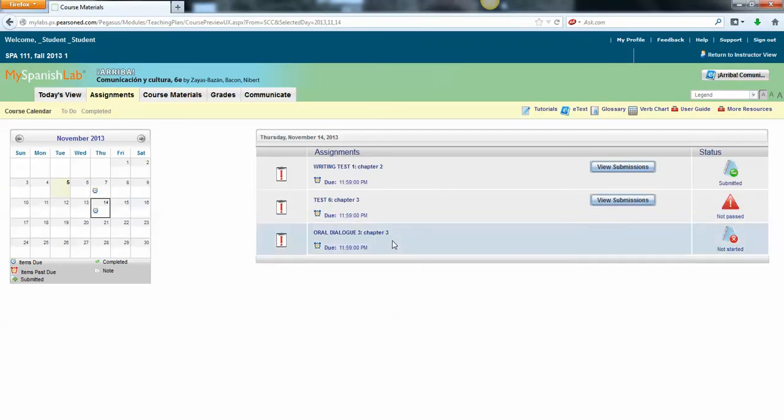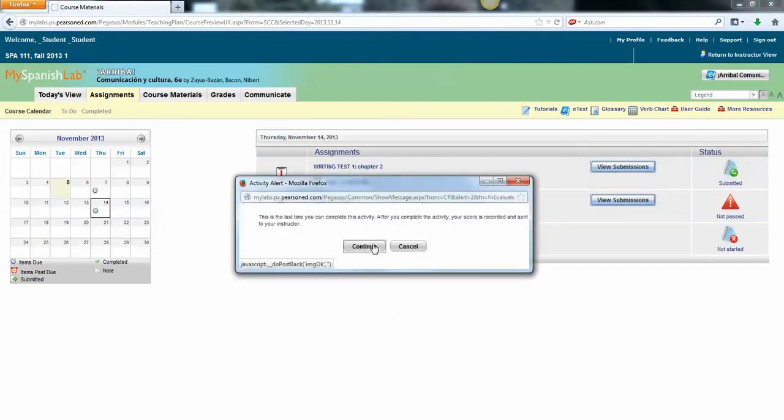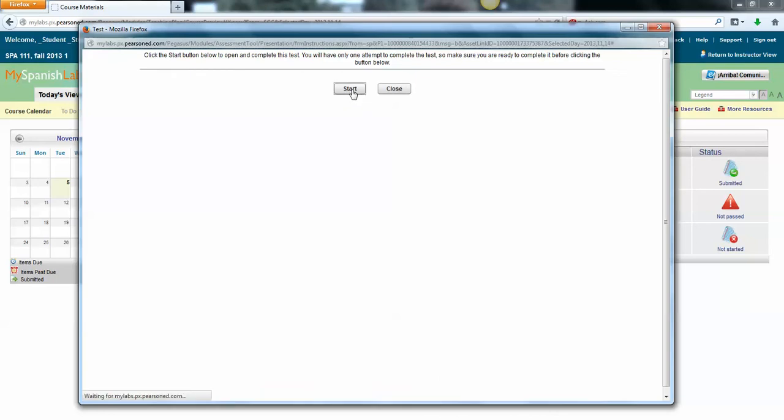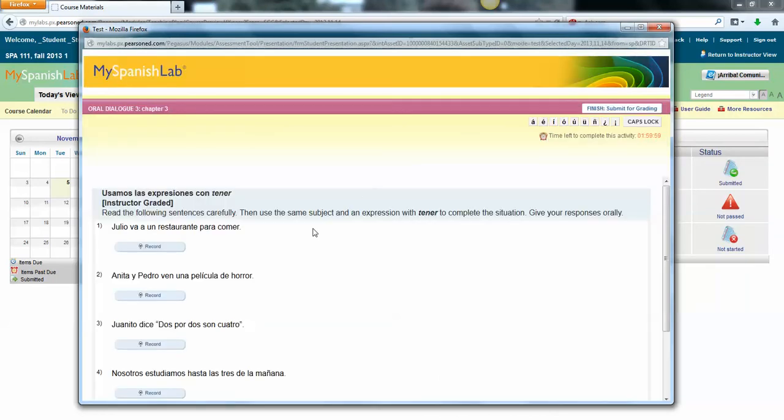And then finally, you have oral dialogue 3 for this week, but you don't have any SAM activities. You just have testing stuff to complete. So you open up oral dialogue 3, and I think it gave you 2 hours for this activity as well. And you only have 1 attempt. And these are the questions right here. You're just going to read the statements, and then you're going to use the same subject that's in the statement,